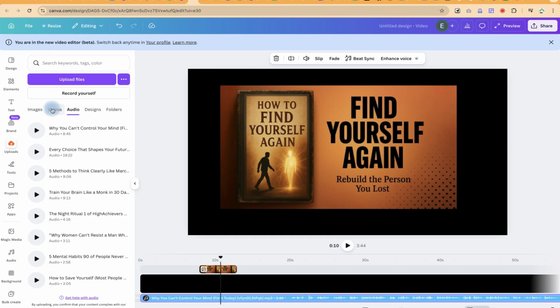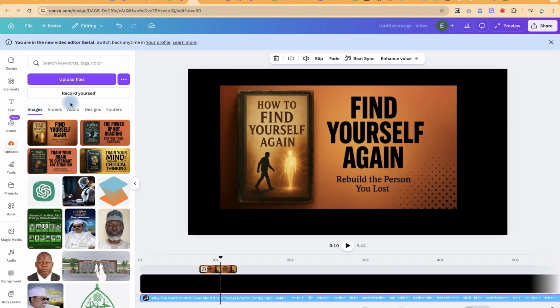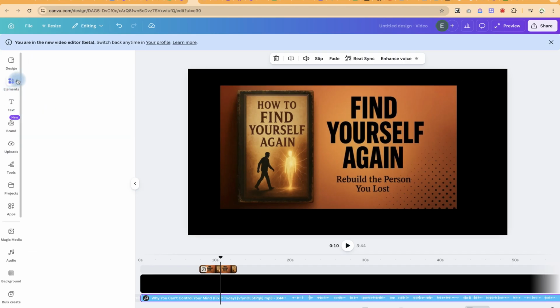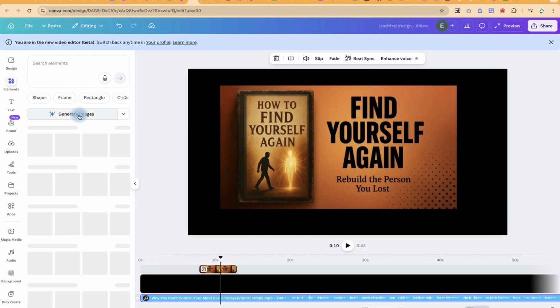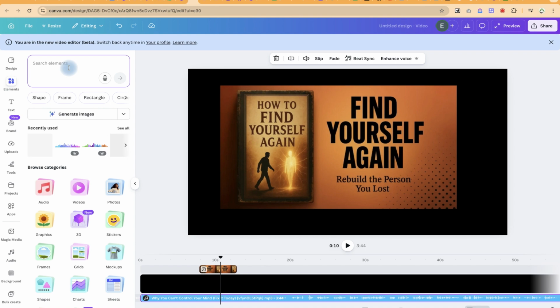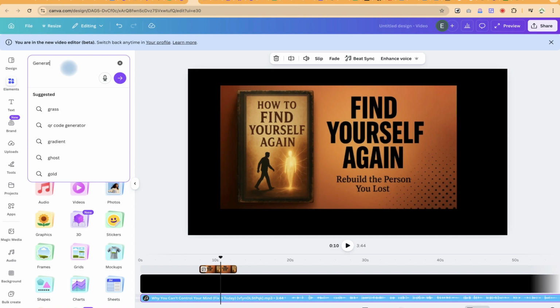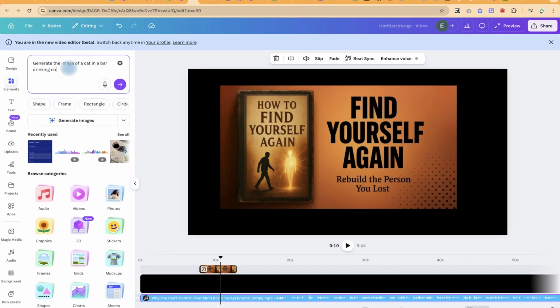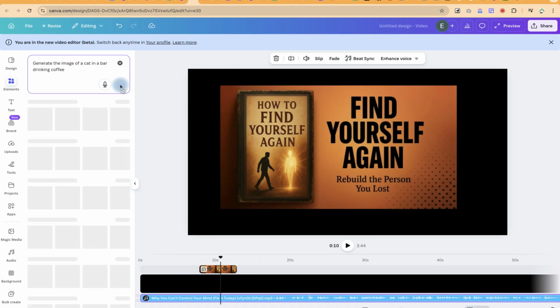You can add multiple things. For example, let's say we want to add more things, like more elements. Let's add more videos. Now you can even create, you can come to elements, and you can now generate images directly. So you can come over here and just type in, generate the image of the cat in the bar drinking coffee. Okay, so now you can generate this,